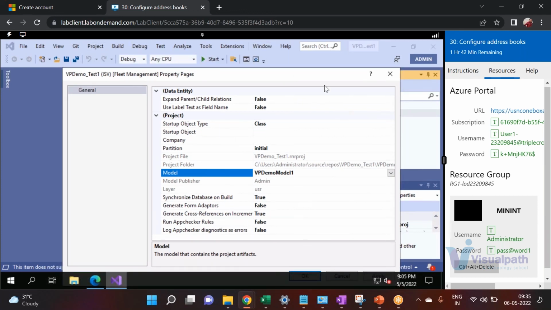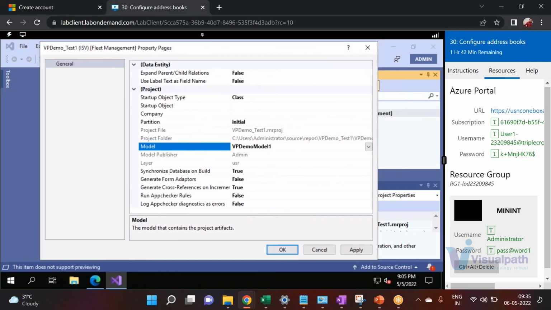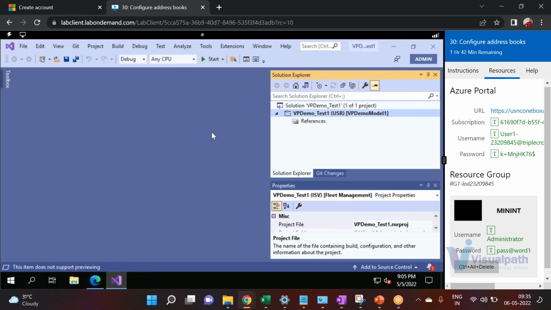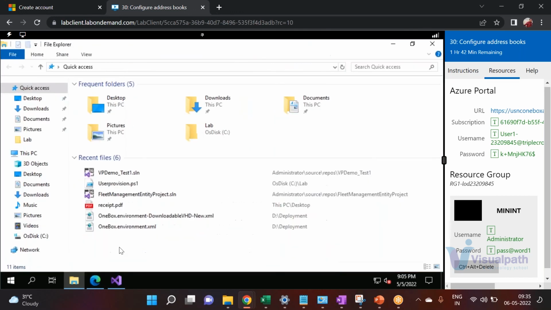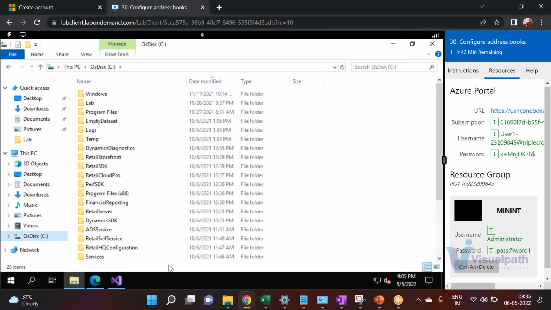Let me just complete this one. So I click on OK. Yes, I select my model. One more thing: if you are thinking that Visual Studio is the only thing being used here, it's not actually. If you go to your system, if you go to the C drive,